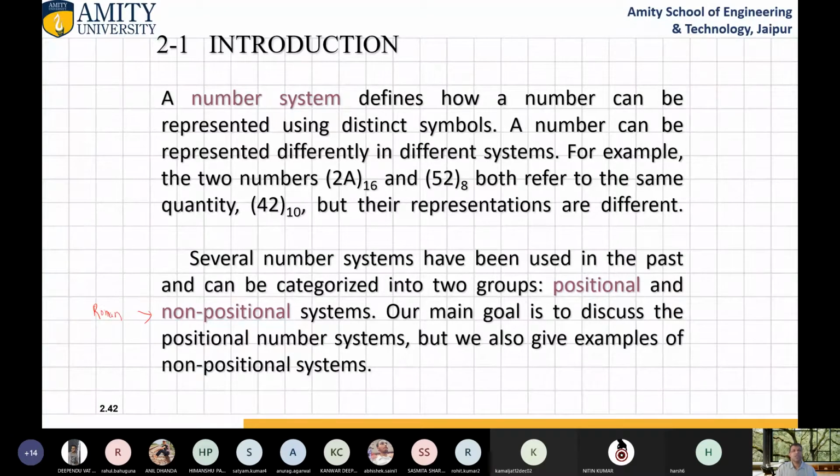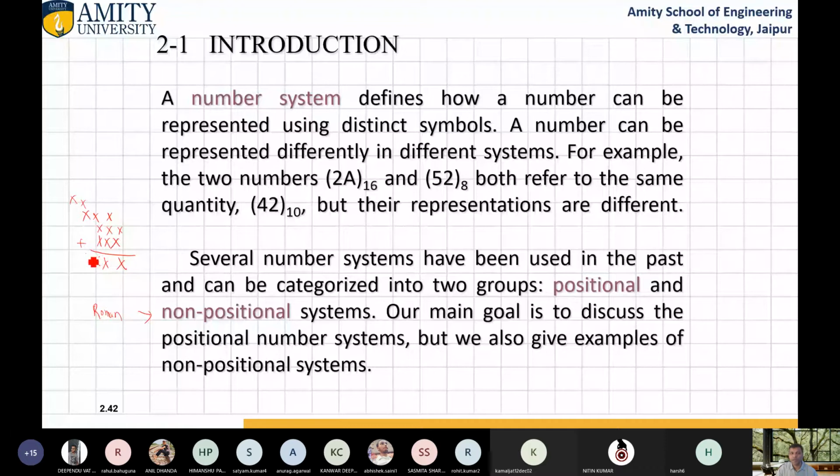In Roman, you can see this is just an example. This is not the method of solving the problem. Like this is 30 and this is 30. How do we add 30 if it is positional? I'm not saying that it is non-positional. So 10 plus 10 is 20, and 10 for the remainder is there, and then it will become 30. Again 10 will be written here and 20 will be here. Then it will become 30.